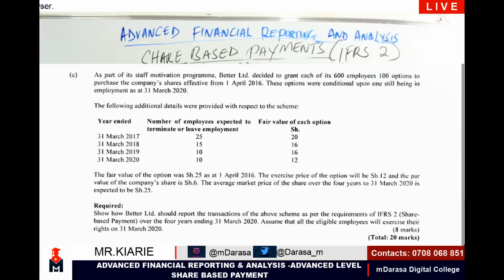The question reads, as part of its staff motivation program, Yi Limited decided to grant each